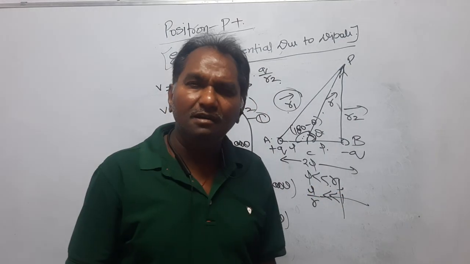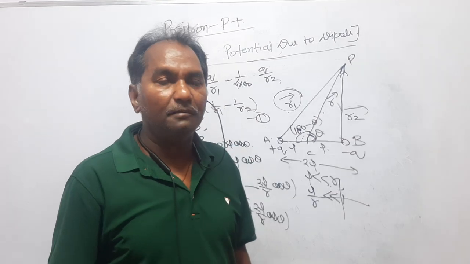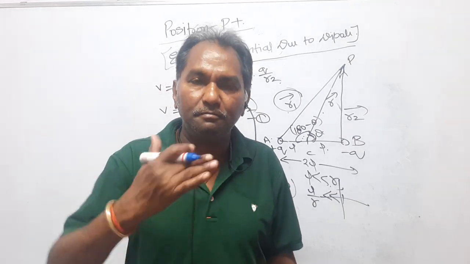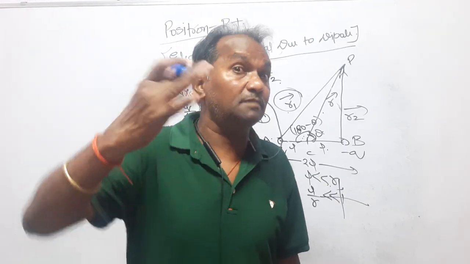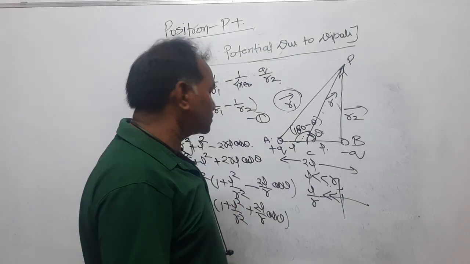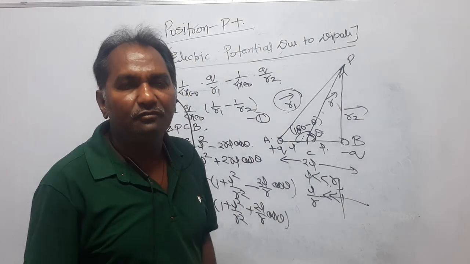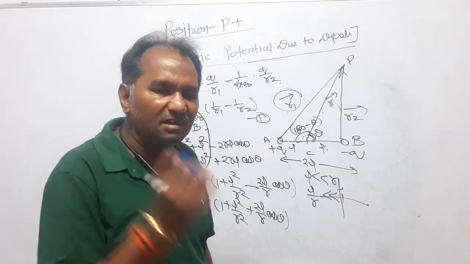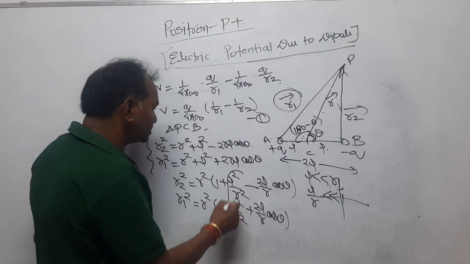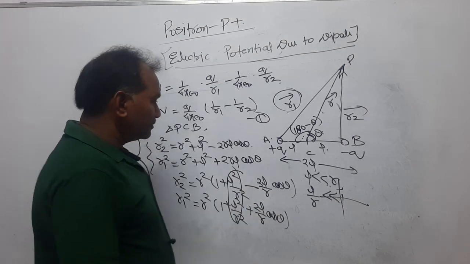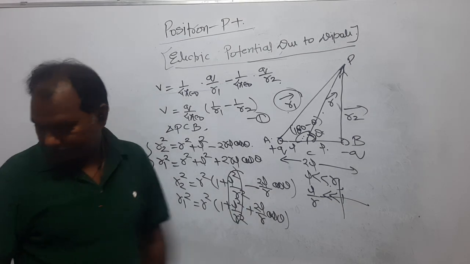A quantity less than 1 becomes much and much smaller for higher powers. So L square upon R square is a very negligible quantity. So neglecting these, we'll get, look here,